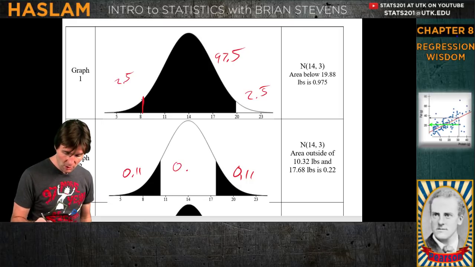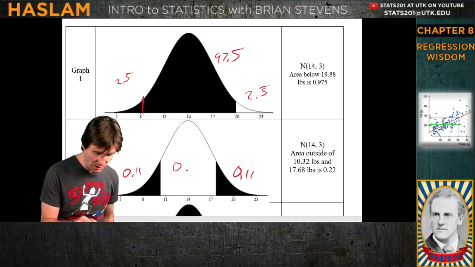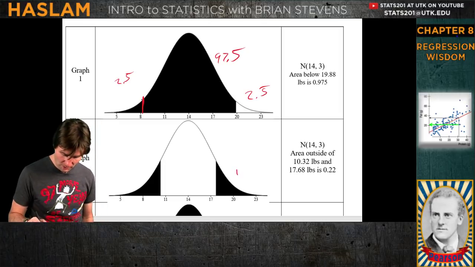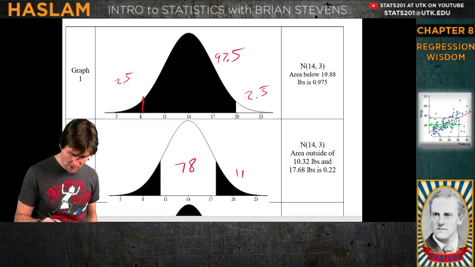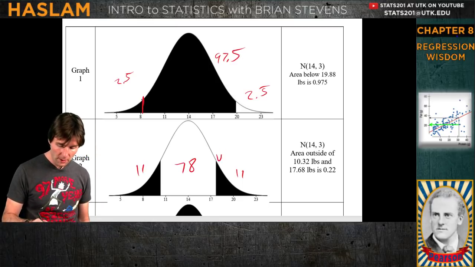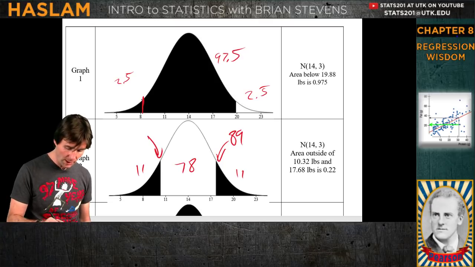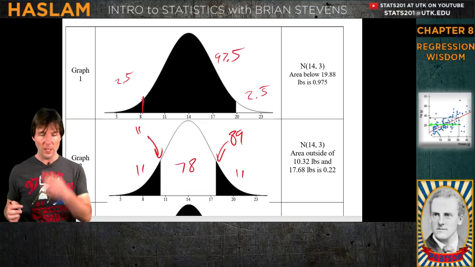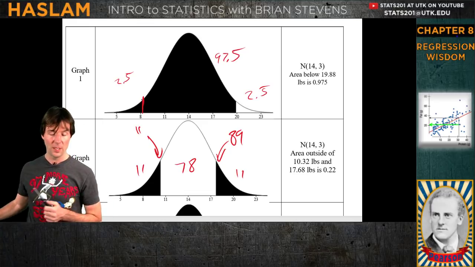78%. So you can write this as, I guess I was using percentage before. I shouldn't use decimal and percent. We don't want to make things like that. We want to go here and write 11, 78, 11. Good stuff right there. And then you could also put a mark right here that this would be the 89th percentile. Just kind of maybe look at this for a little bit here and think about what you got, just understanding that this can be used different ways because it has a lot of information on it.